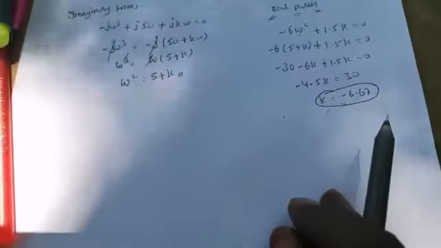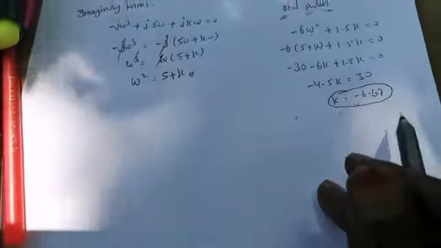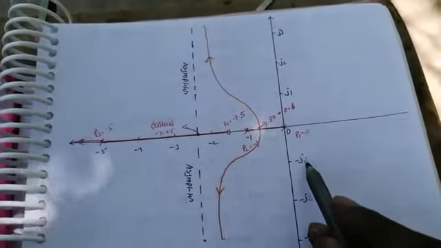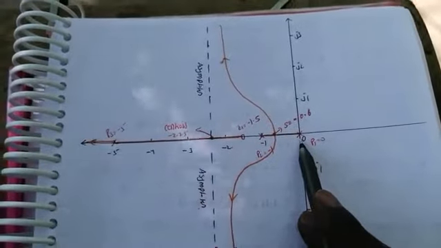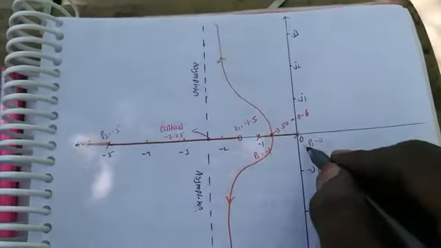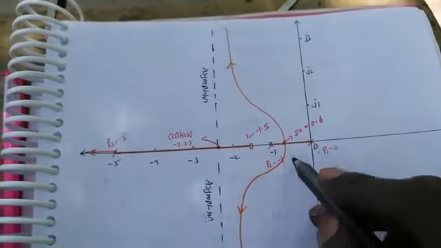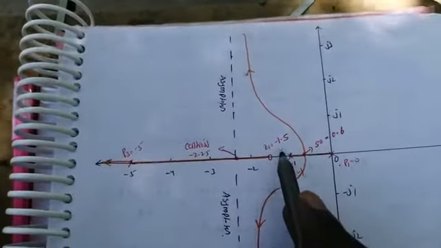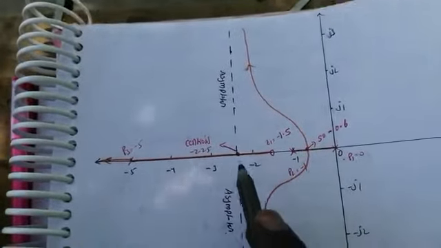Now we go for the graph. How will we draw the graph? By using the calculated data we already saw previously. See here, this is the graph we finally found. The first step, we determined the location of poles and zeros, right? So this is the first pole, that is p1 equals to 0. This is the second pole, p2 equals to minus 1. This is the third pole, p3 equals to minus 5, and there is only one zero located at minus 1.5. So the first step is to locate the poles and zeros on the real axis.